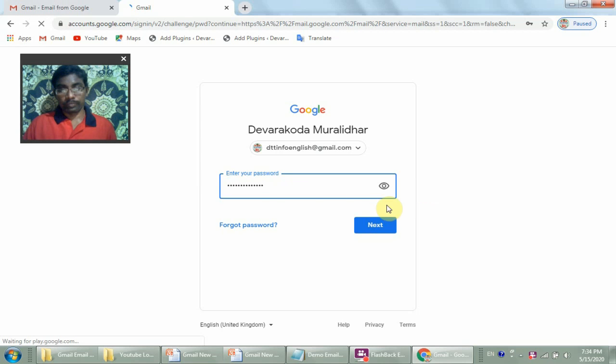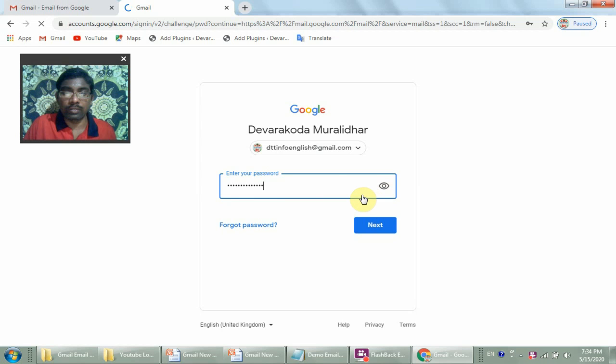If you typed an incorrect password, please check with this eye button. Once you click this button, you can see the password you have typed. The second time you press this eye button, the password disappears. This is a small option they have given, so you can utilize it.